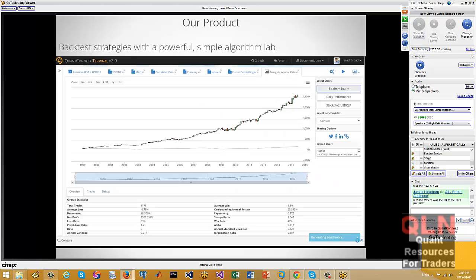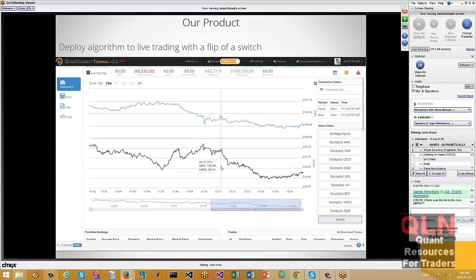So this is just a screenshot. It's got a coding environment where you can design these strategies in your web browser and see how they would have performed. And then the idea is, with exactly the same algorithm, because we've already written and done all the legwork, you can just flip it to live mode and then execute your strategy live.